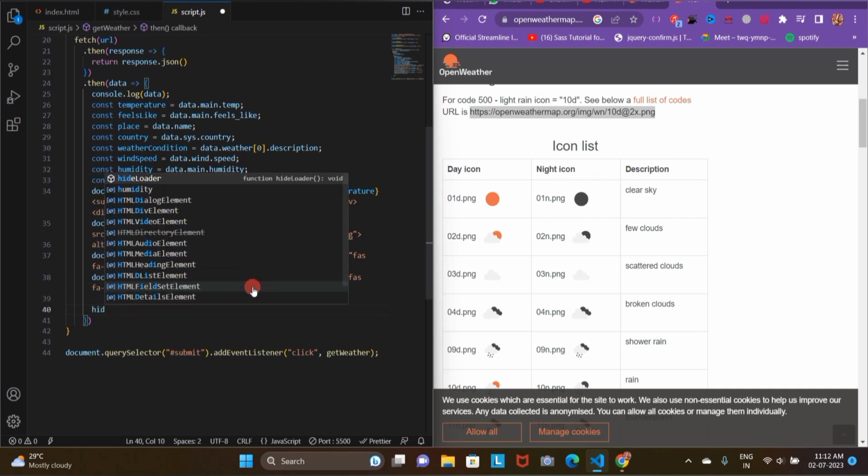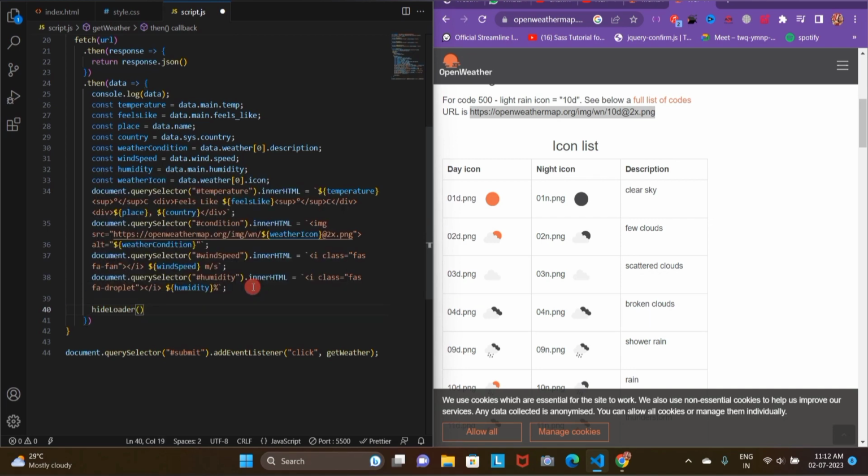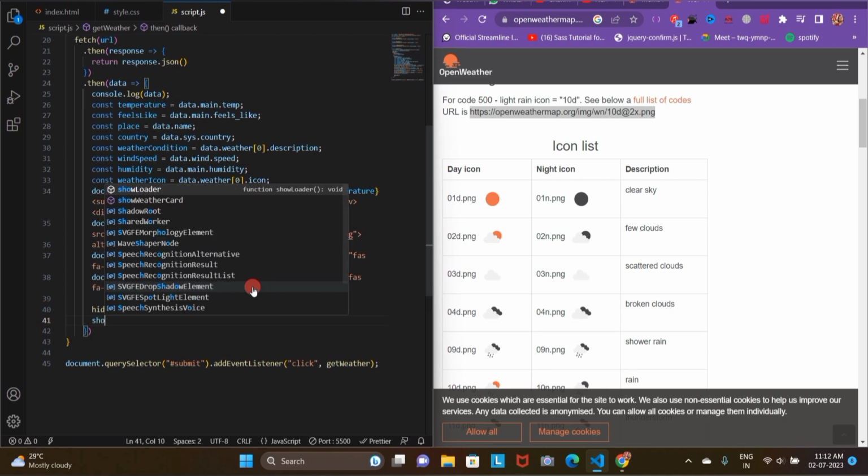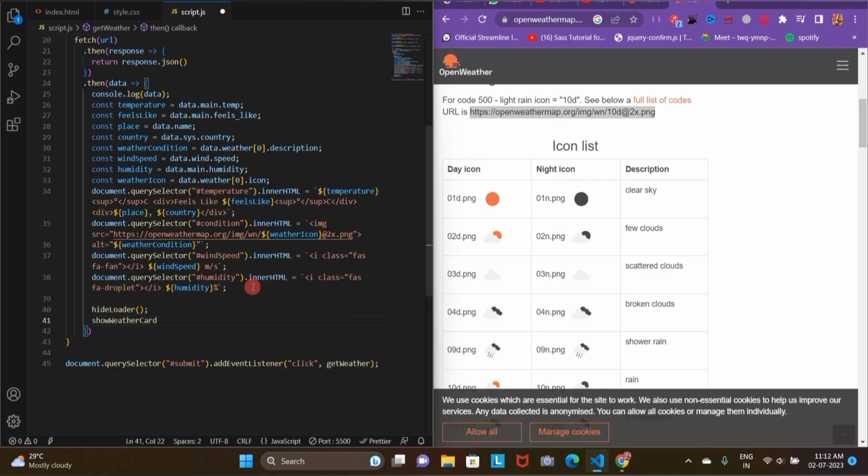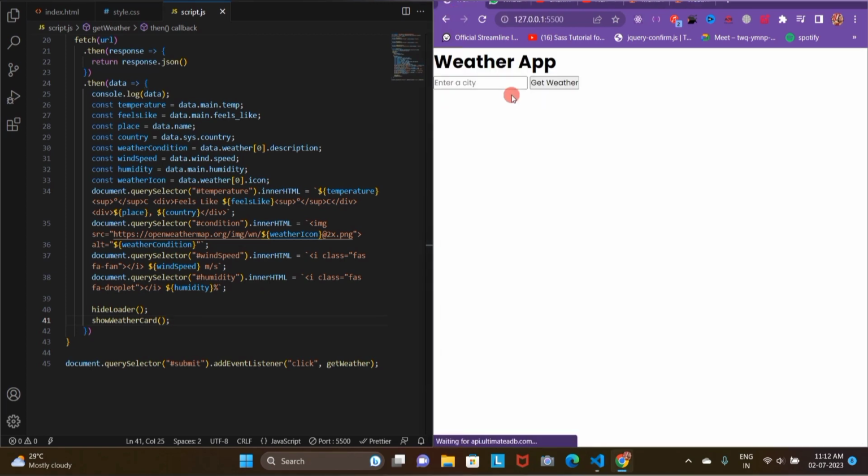Now we have all the data set in respective spans. Now we're going to call this hide loader, since we have all our data fetched and we now want to hide the loader and show the weather card. Now here let's type in place